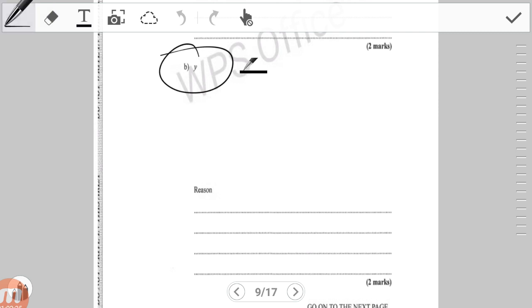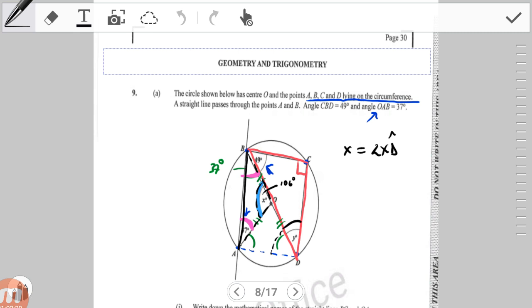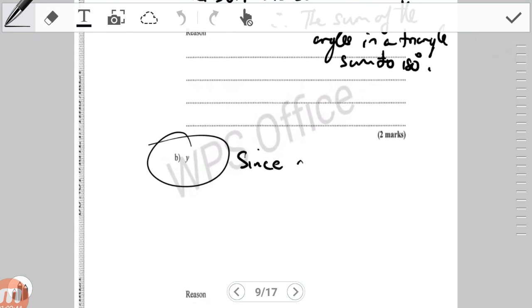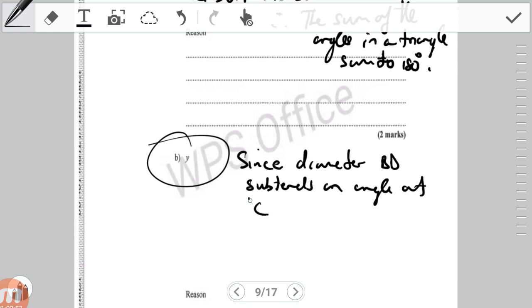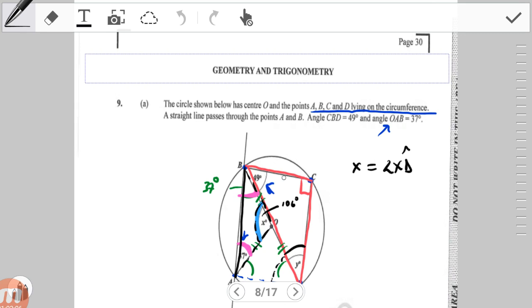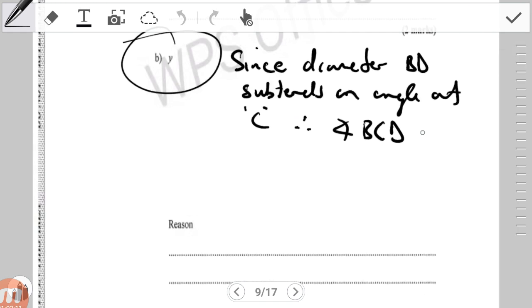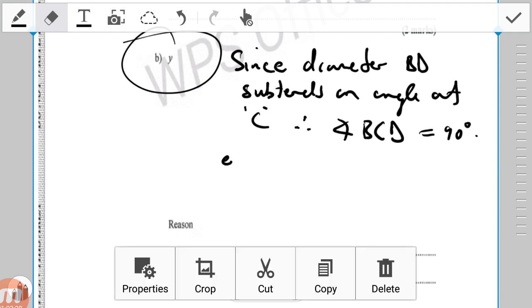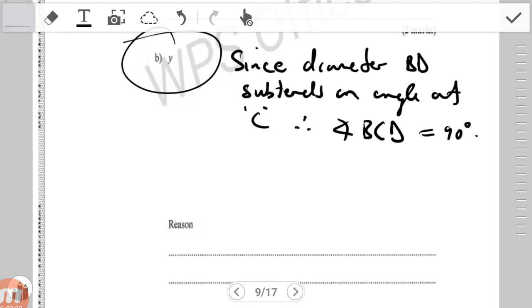since diameter BD subtends an angle at C, therefore angle BCD, let's confirm that, angle BCD equals 90 degrees. All right, and that is all because the diameter subtends an angle at C. That's why BCD is 90 degrees. So as a result of all of that,